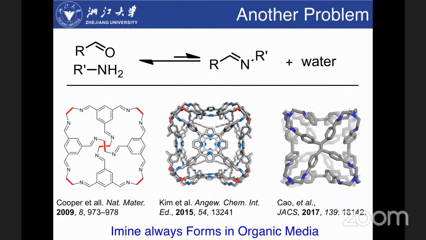If you have organic solvent, the organic solvent will occupy the cavity of the cage, and then there is no host-guest chemistry taking place here. So in most of the imine cages, you will see we get many beautiful cages and they are useless, right? Because in the middle, we have organic solvent. So the central question is, how can we use water to do self-assembly based on imine?